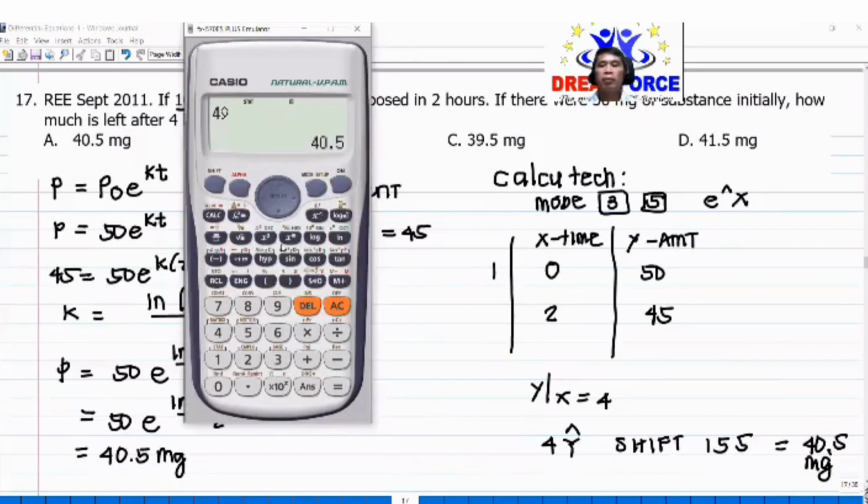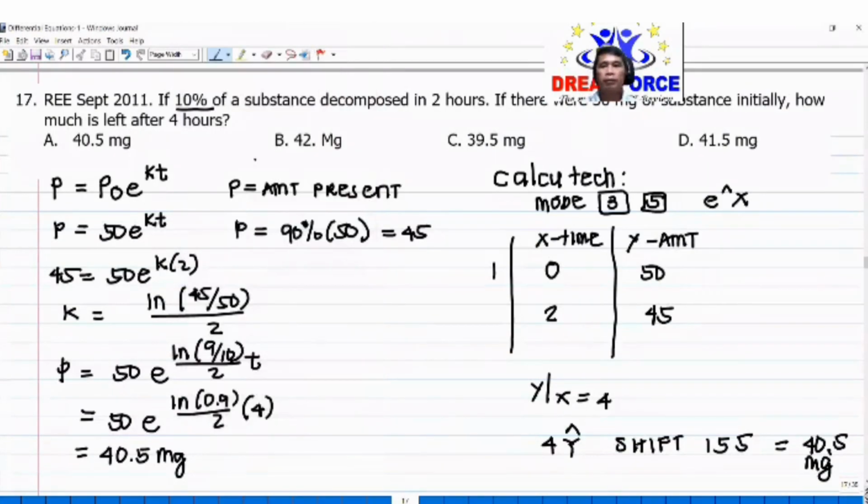So 40.5 milligrams. So pag ginamitan natin ng Calcutech,